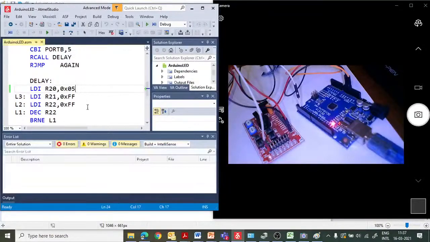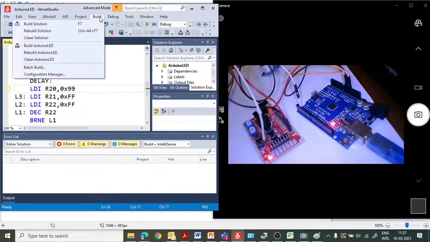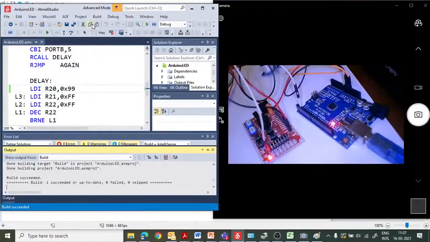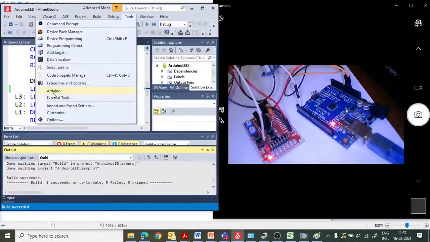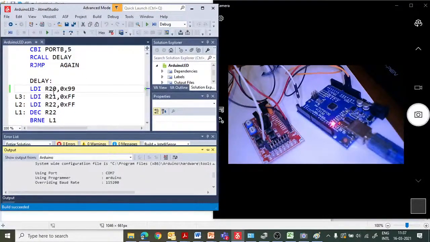Further, if I increase the delay much more, let's say instead of 05, if I make it 99, then the delay will be much more. Again I will build the solution and upload it to the Arduino board. Now it's programming the board. Now the delay is more.